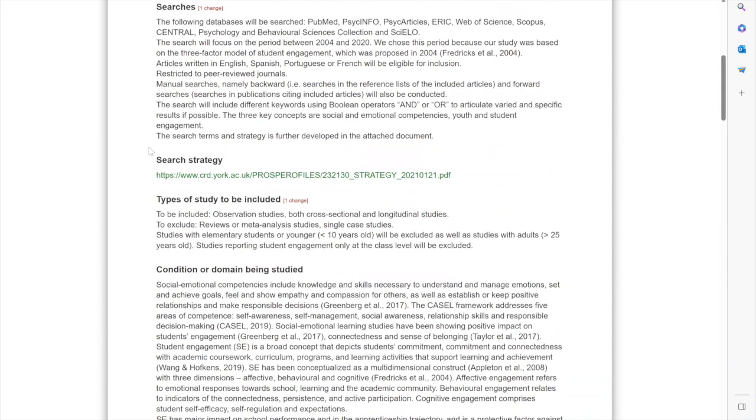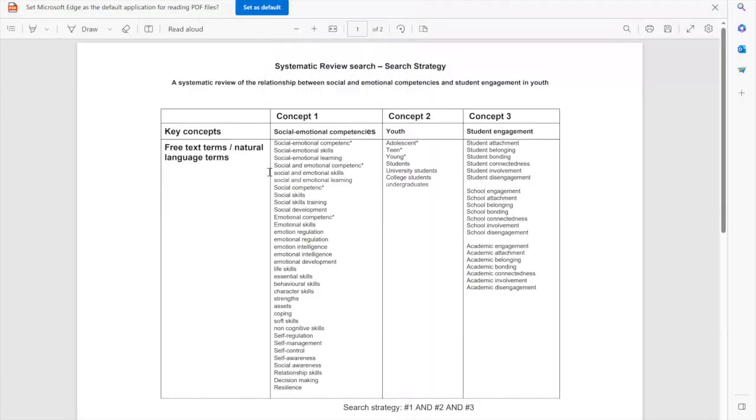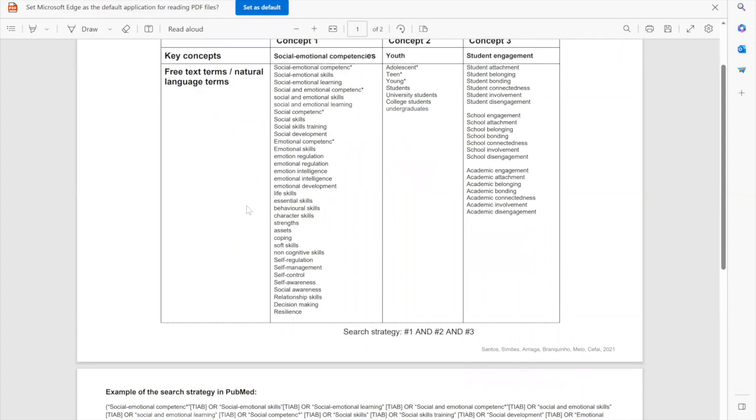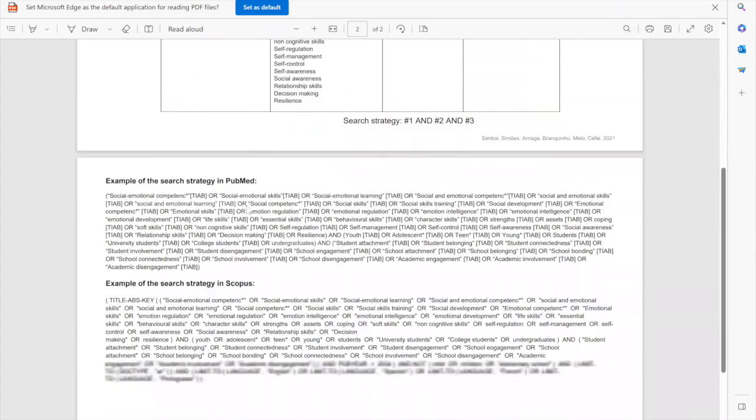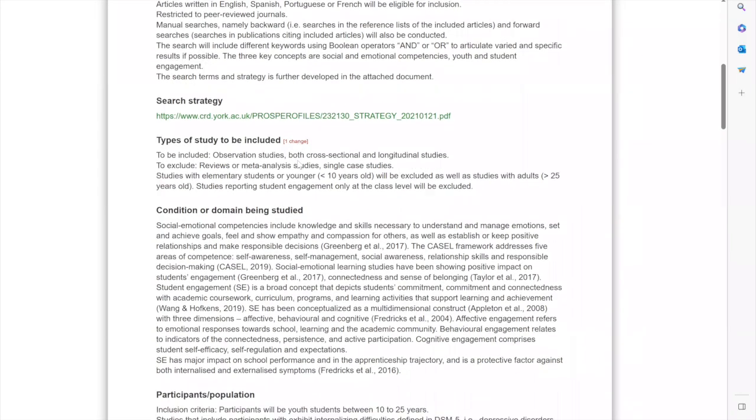Then it also allows the authors to specify the search strategy, and we can upload other types of documents. For instance, our key concepts, our main concepts, the other natural terms that we search, and everything can be detailed in other documents and then uploaded in Prospero.